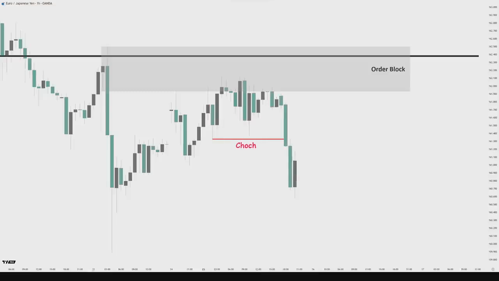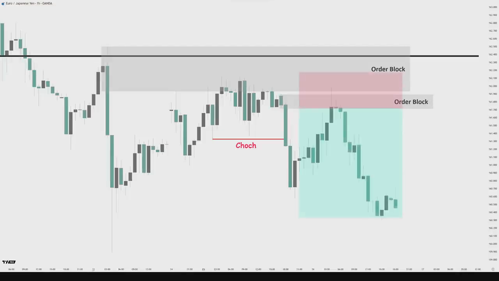At this point, the price has confirmed a change of character, signaling a reversal. Additionally, it has formed an order block, which we can use as our entry zone. With both the higher time frame and the lower time frame now bearish, we can confidently take a short entry. The 1-hour chart serves as our entry time frame in this strategy, allowing us to refine our trades and achieve more precise